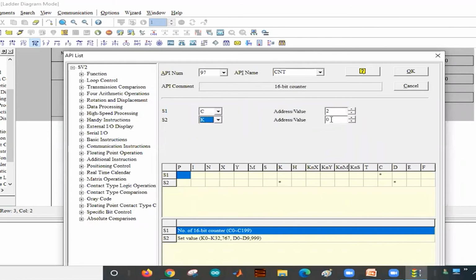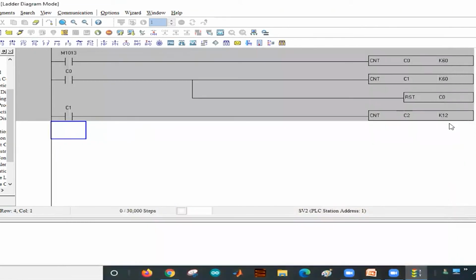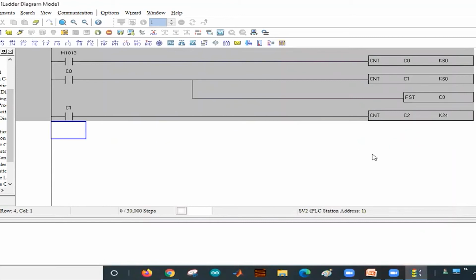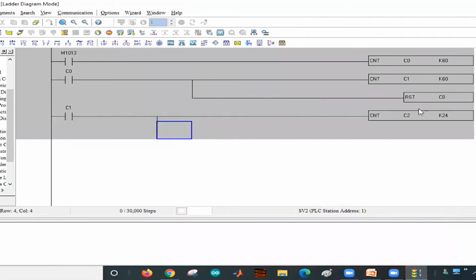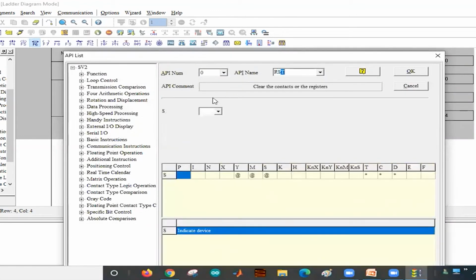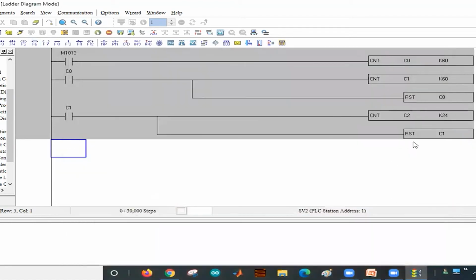C2 is the hours counter, so the value here in decimal is 12, but for the 24-hour clock it will be 24. At the same time, you have to reset the C1.